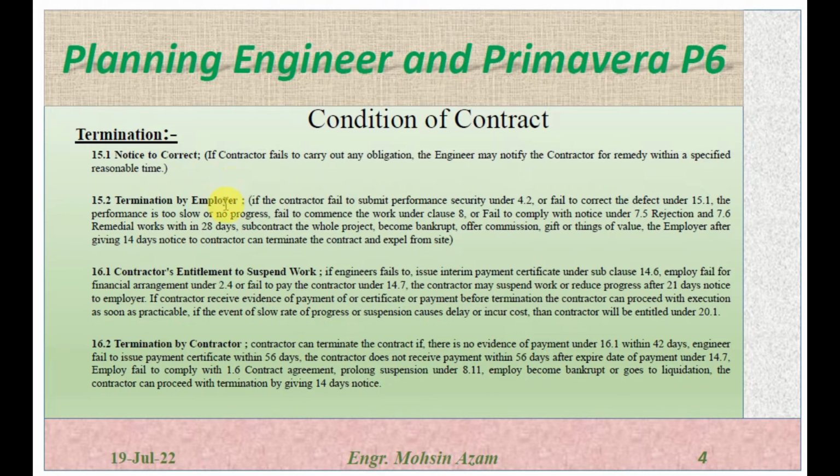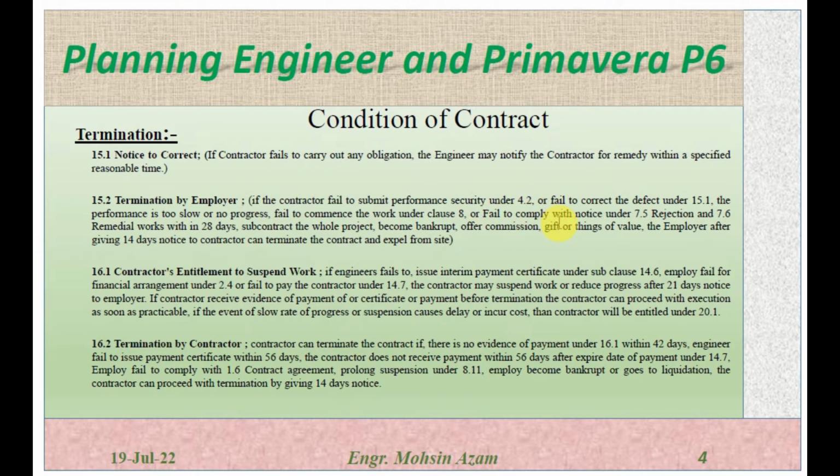15.2 is termination by the employer. If the contractor failed to submit performance security within 4.2, which is performance security, or failed to correct the defect under 15.1, which we discussed now, if there is any defect and the engineer instructs to remove the defect, or the performance is too slow, or there is no progress, or failed to commence the work under subclause 8, which we discussed before, commencement, or failed